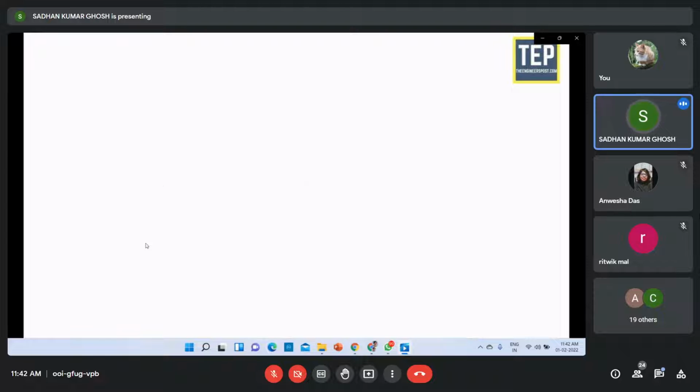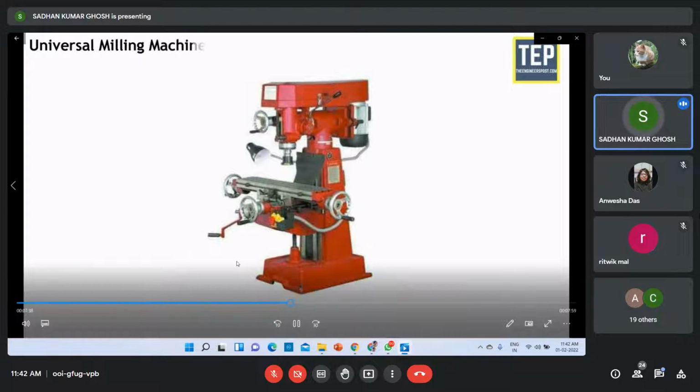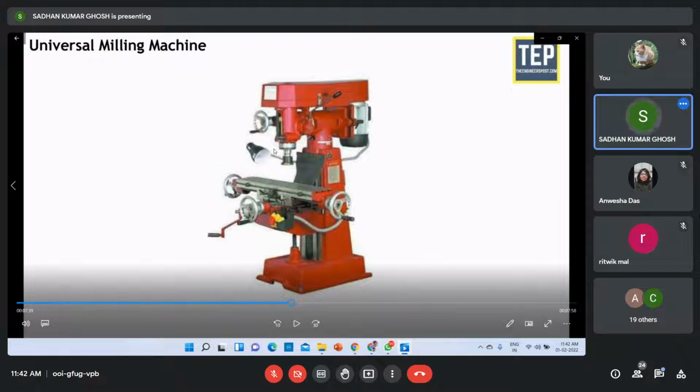Vertical milling machine. Here the position of the spindle is vertical or perpendicular to the table. See here, as long as whatever you have seen, the arbor was there with the machine where the tool was fixed. So in that way, the arbor was horizontally set.